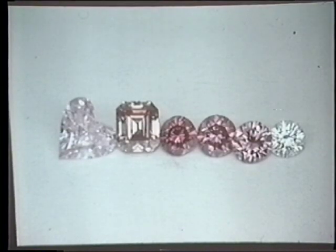But what I really want to bring to your attention in this slide are the 2 colored diamonds on the far ends. Both of these diamonds received the same color grade from a gem lab, which was fancy intense purplish pink. We see this reinforces my point about color measurement, that each color grade actually represents a range of color strength for each grade. Therefore, while both of these fancy intense purplish pink stones, the heart shape on the far left and the round on the far right, are graded the same, they should be valued differently based upon their apparent color strength in